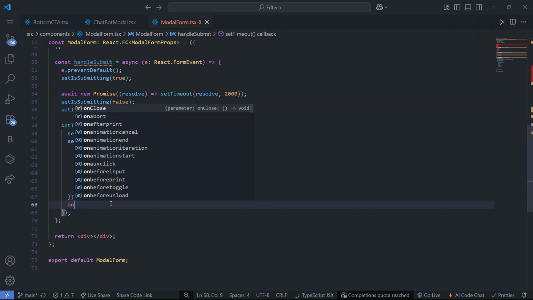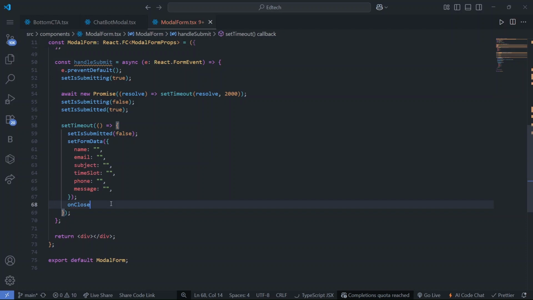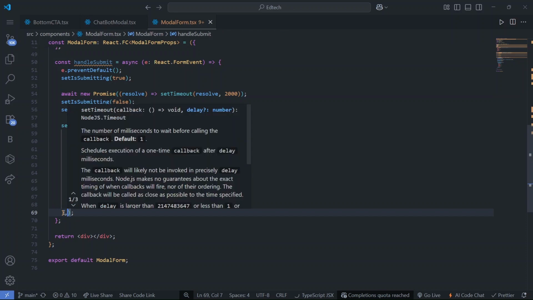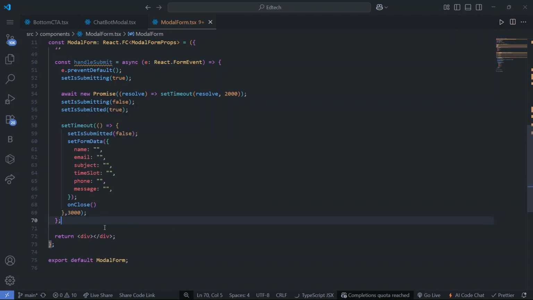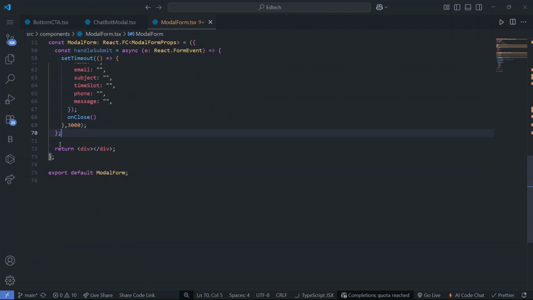So we have to close this on close, right. So we have to call this onClose function, right. And here in the setTimeout, we can make it 3 seconds. So after 3 seconds it will be closed, right. Then after that we can